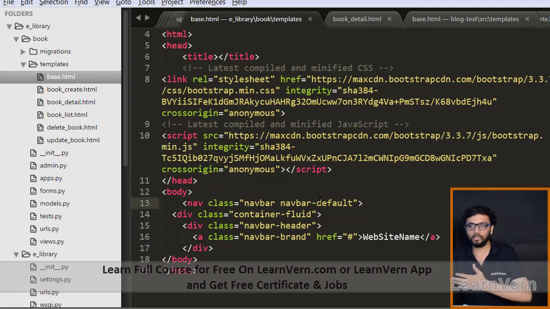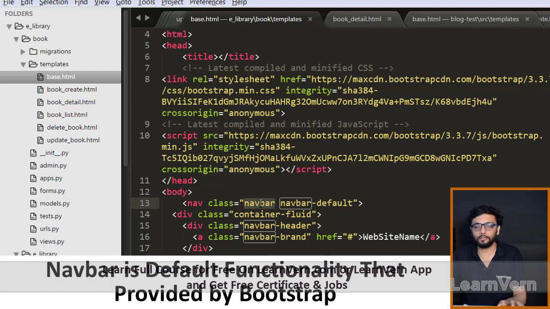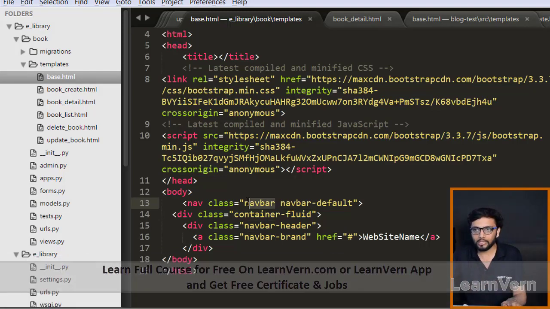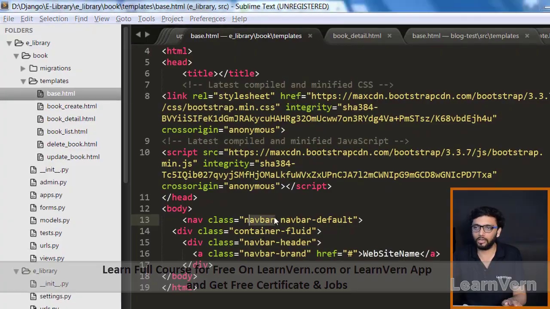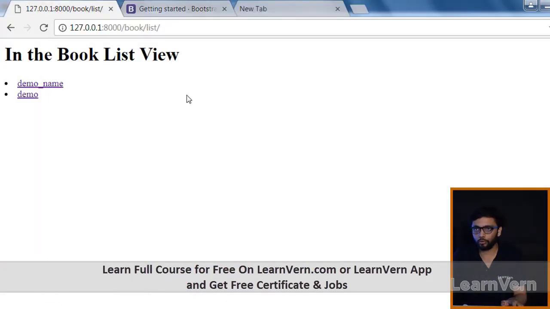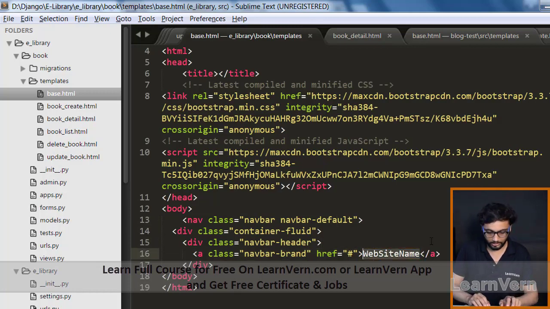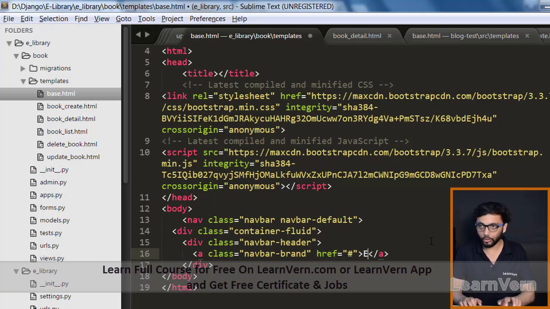So what is this? Let me explain in brief. Navbar is the default functionality which is provided by Bootstrap. Navbar means the header, we can say, so this will be our navbar. Let me make you clear about it. And let me see, okay, our name